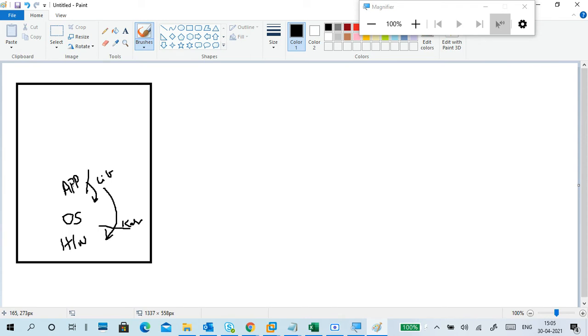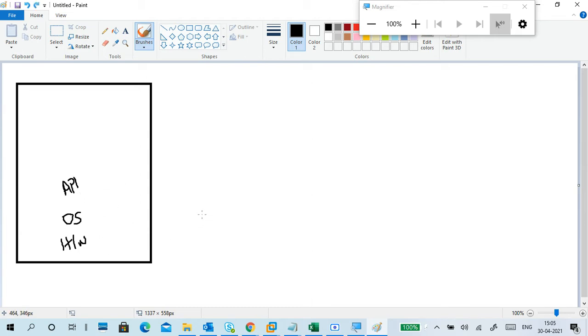So normally, you want to run an application, the application runtime environments and libraries, the operating system will provide these things. The runtime environment and libraries are provided by the operating system, and using the operating system kernel, it will interact with your hardware, and we can run the application. That is the traditional model.